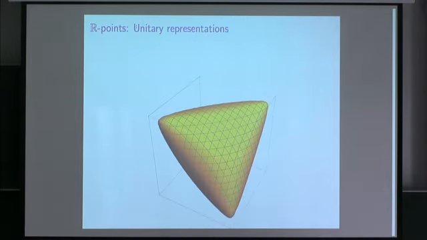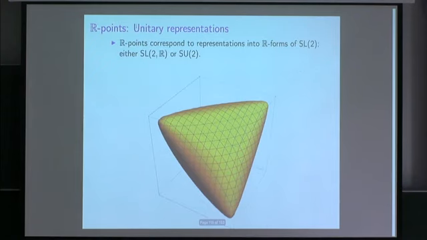Here's a level set, a component of the level set where the trace of the commutator is between -2 and 2. When you take the traces, you can't really tell, and if they're real, then you really can't tell whether they're in SL2R or SU2. These are the two real forms. And you get components that are spheres. I drew this in Mathematica, which draws the level sets by the coordinates, which is perfect for this idea, because the level sets of the coordinates are the trace functions.